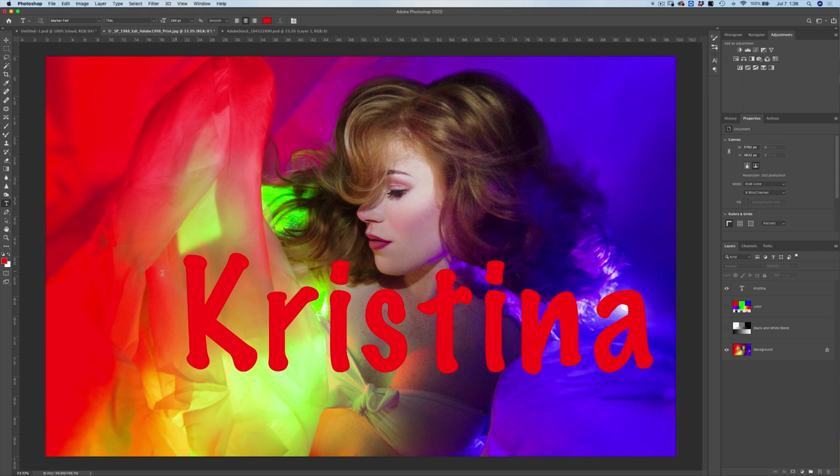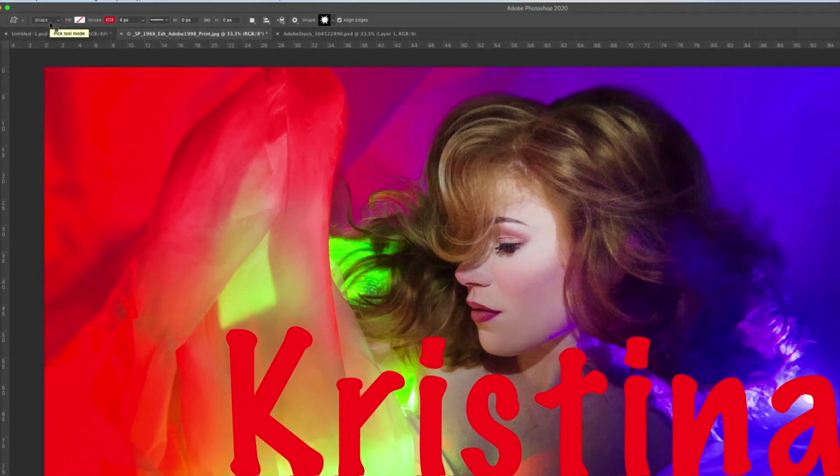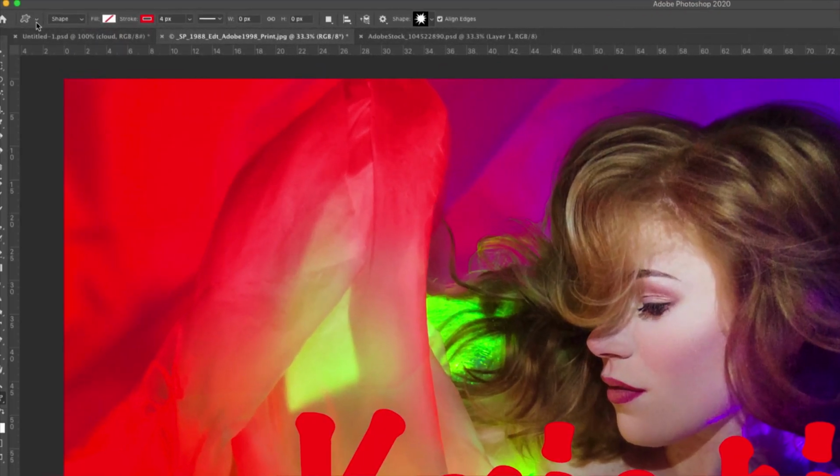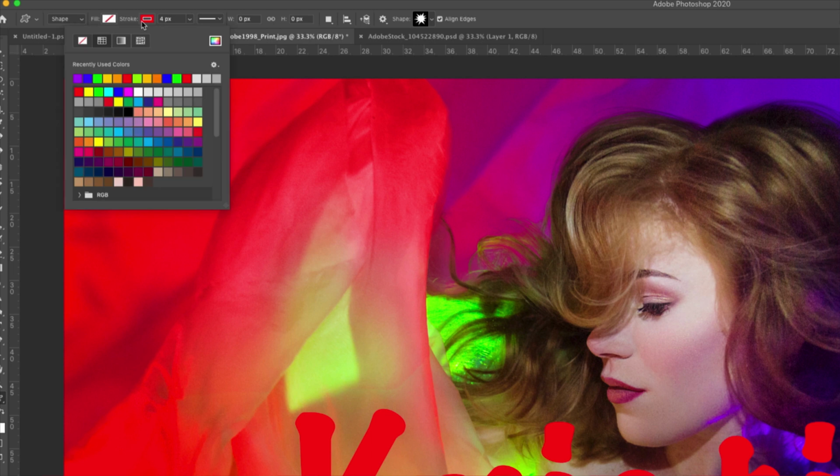The next thing that we have is the option for adding shapes. So I'm going to come into my custom shape tool, which is going to give you a bunch of different options up here as well. So again, we have a shape. You just want to keep that on shape. You have the option to say if your shape is going to be filled with a specific color or if it's just going to have an outline around the edge.